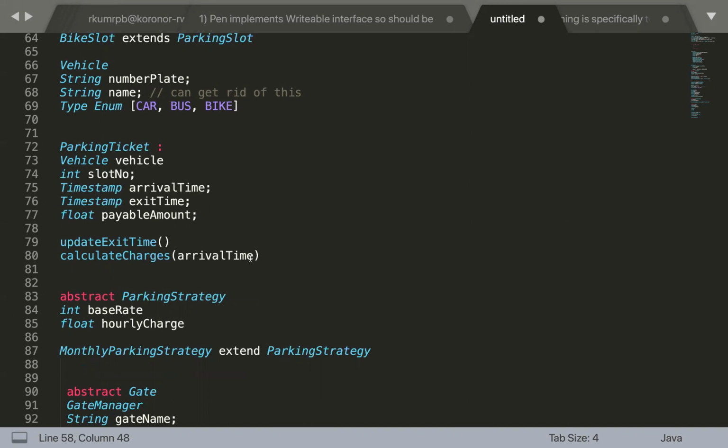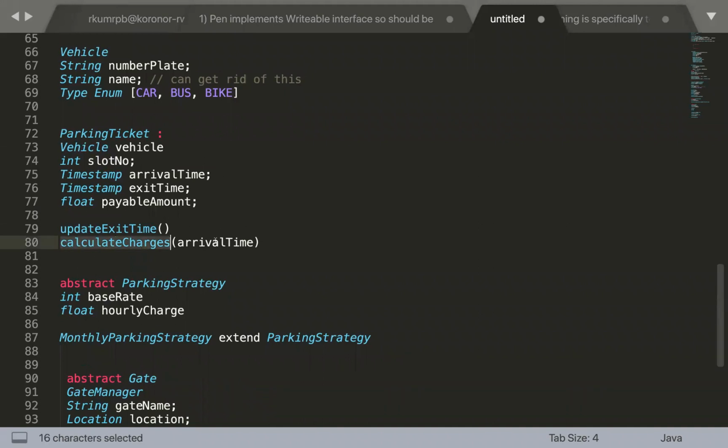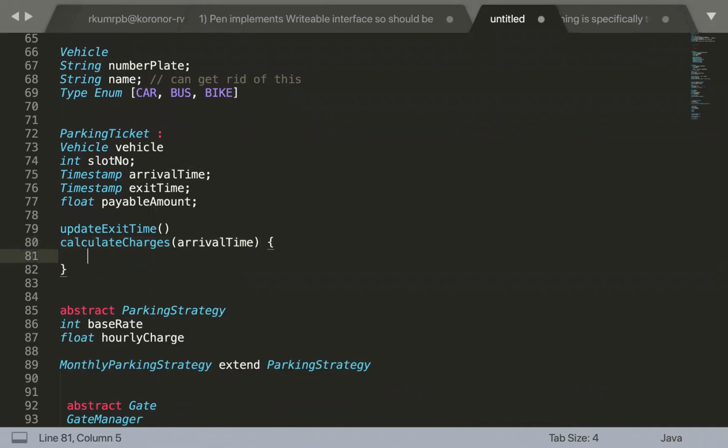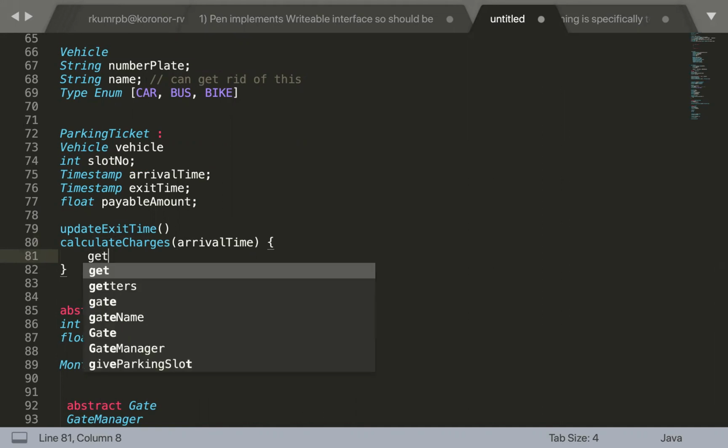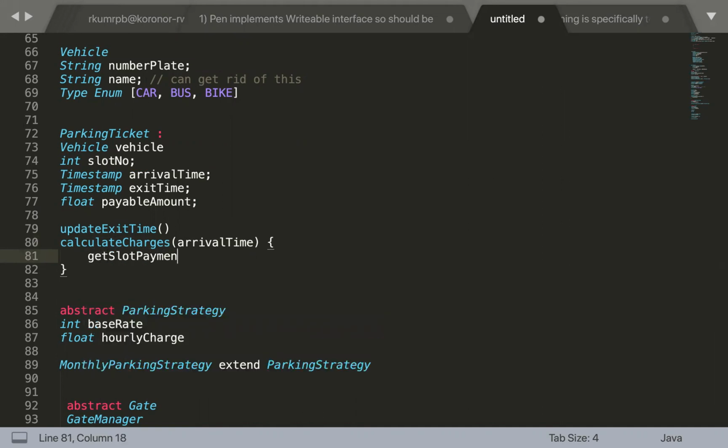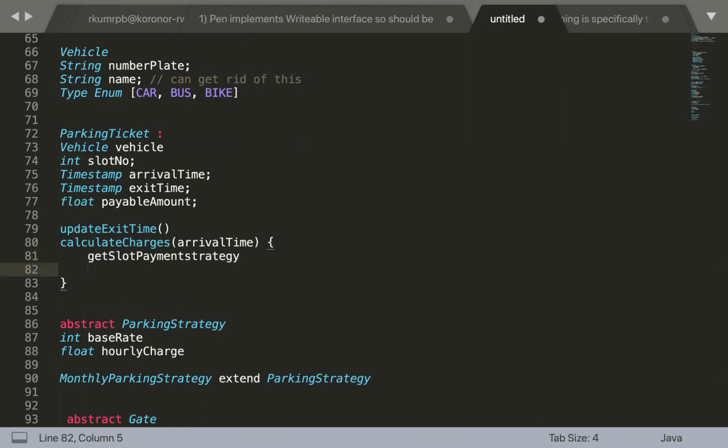So in this calculate charges, you have all the attributes. Probably you are going to get the slot payment strategy, and it is in turn going to call the payment strategy dot calculate. Ultimately, the calculation is not happening in the parking slot; it is happening in the payment strategy. So probably the payment strategy can have some kind of a method for calculating the charge, right?